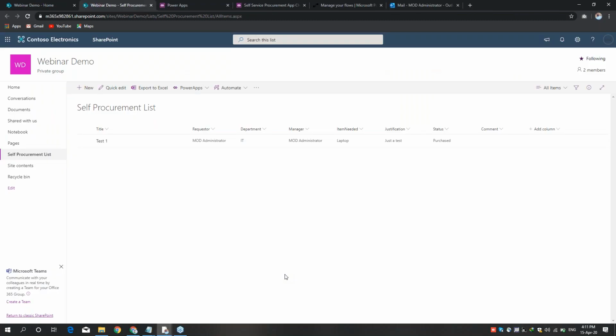Okay, so what we have here is a SharePoint list. For the sake of time, I already created my SharePoint list. I already created all the columns I'm going to be needing: the requestor, the department, manager, item needed, and all that. I assume many of us should be able to create a SharePoint list and create the columns. So what we are doing today, like I said, we are going to be following a couple of checklists,